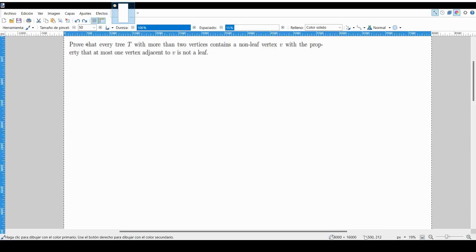Okay, so we are trying to prove that every tree T with more than two vertices contains a non-leaf vertex V with the property that at most one vertex adjacent to V is not a leaf. We're first going to start out by considering a maximum path. So the biggest path in the entire graph, no matter what vertex you start at, we'll call this path P,